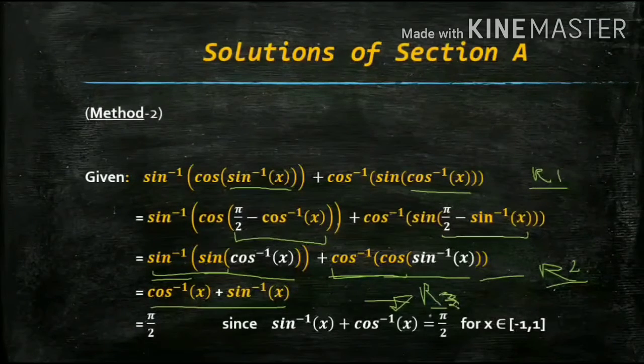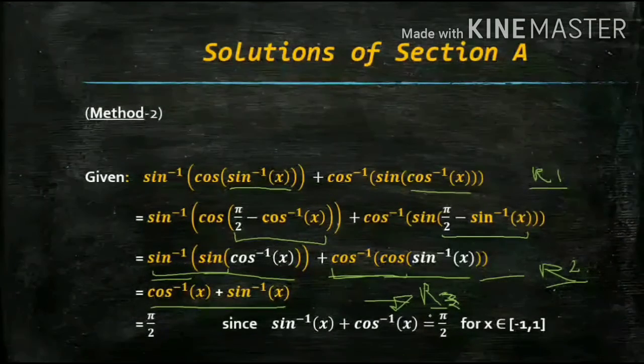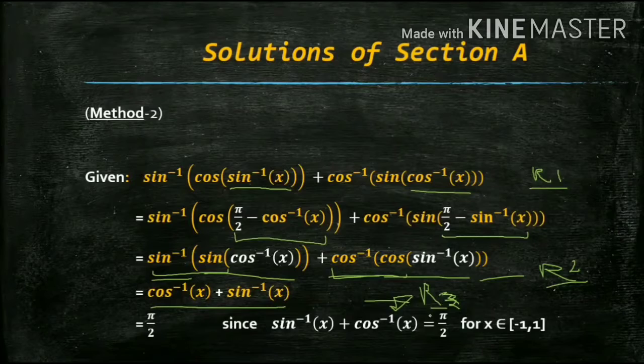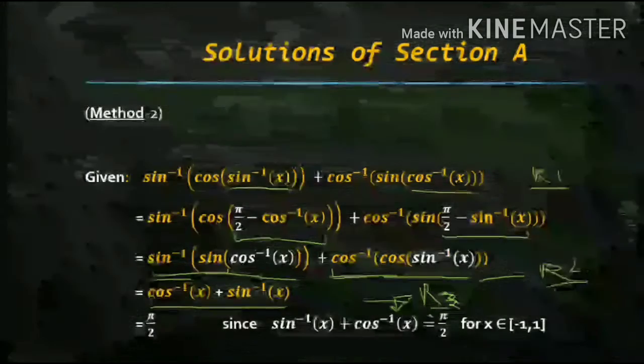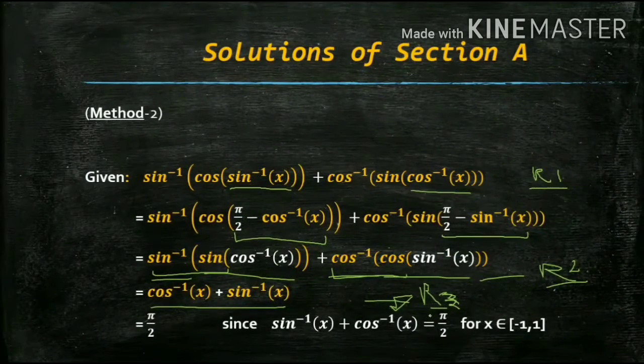Okay, this is the property. So you just see how in section A only we have used so many properties, and how the questions become very easy with the help of those properties. Otherwise you have to do the question fully in a very lengthy way, right? And with the help of properties we can easily do that, right?